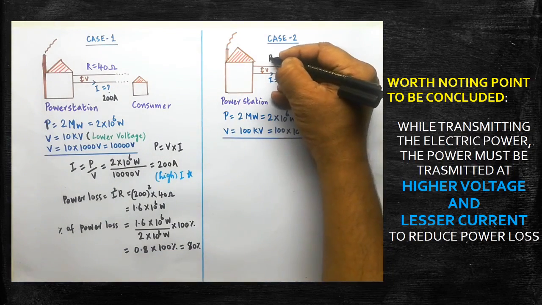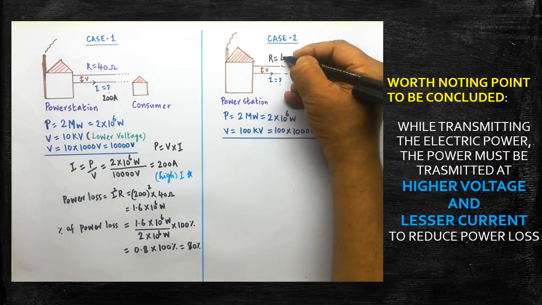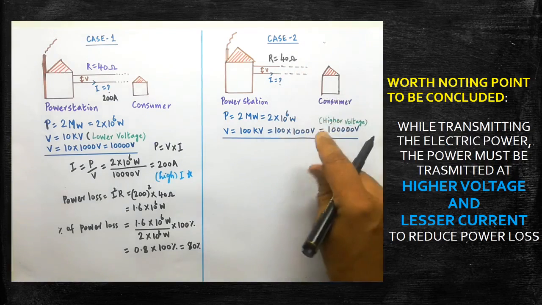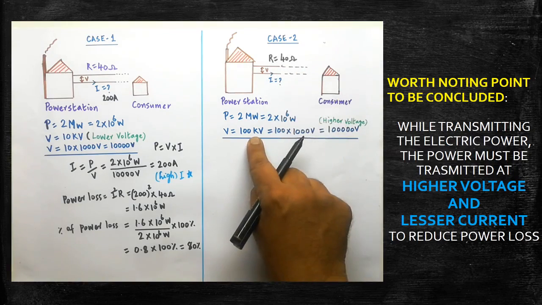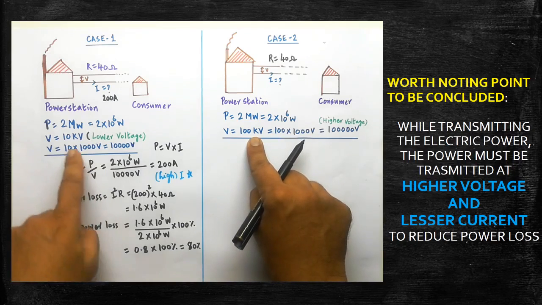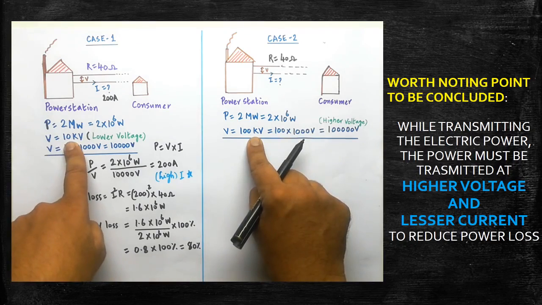Again, the typical value, resistance of the wire is how much? 40 ohm is taken. Here, the consumer is very far. Here, the voltage is slightly altered. Look at the previous voltage which was supplied through the wire. Now a new value of potential difference is going to be supplied through the wire. Previously 100 kilovolt. Now the new voltage sent is how much?